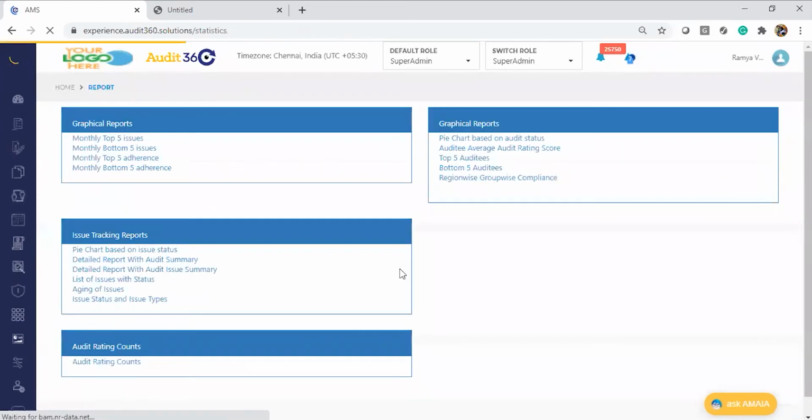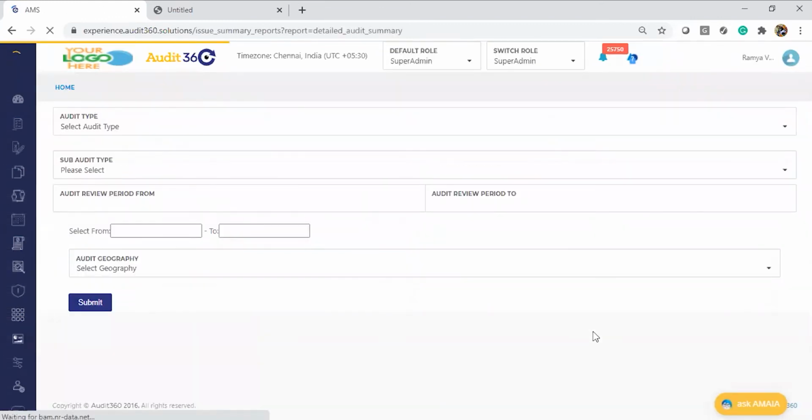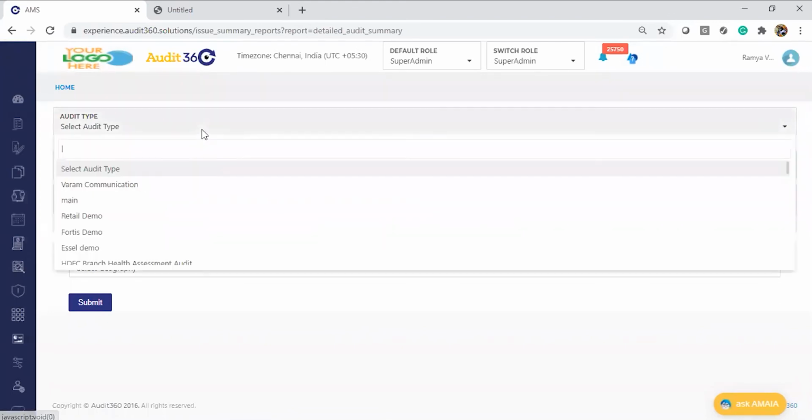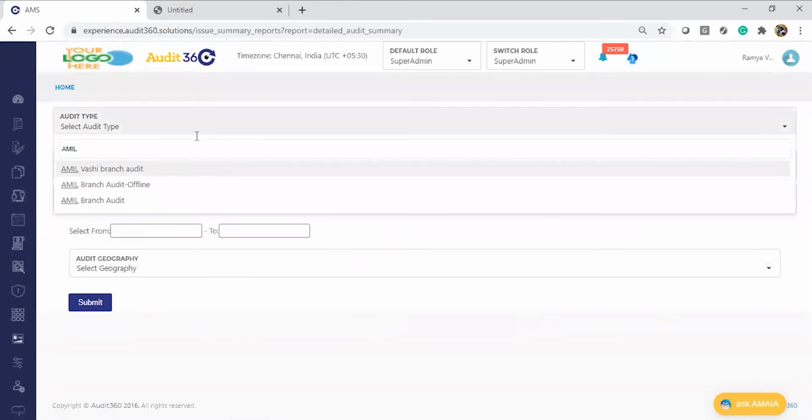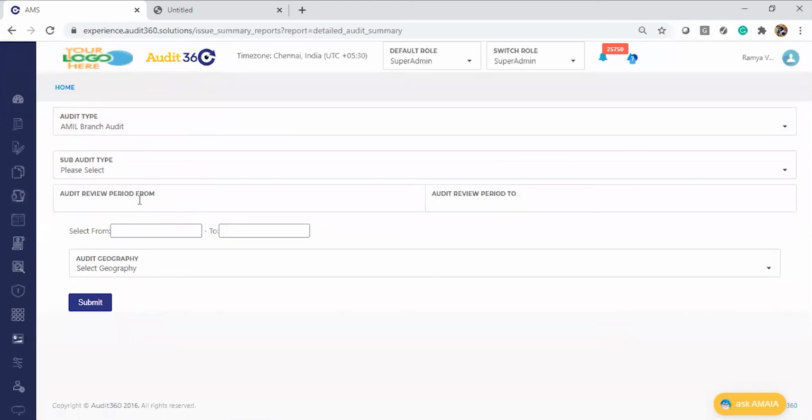The next report under issue tracking is the detailed audit summary. The detailed audit summary is a row and column report, which doesn't have any graphical information. It is mainly a dump, where all your data can be consolidated and shared.